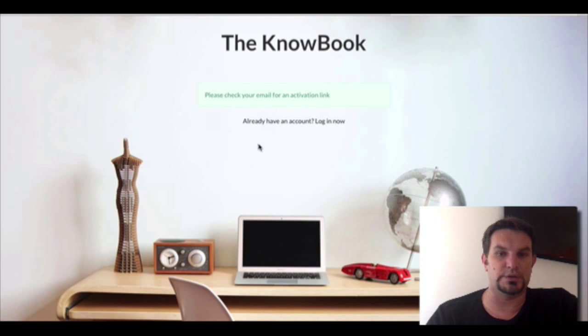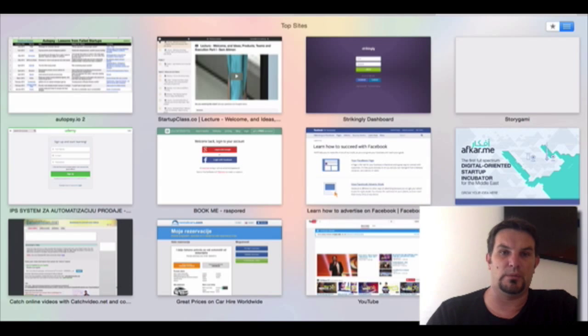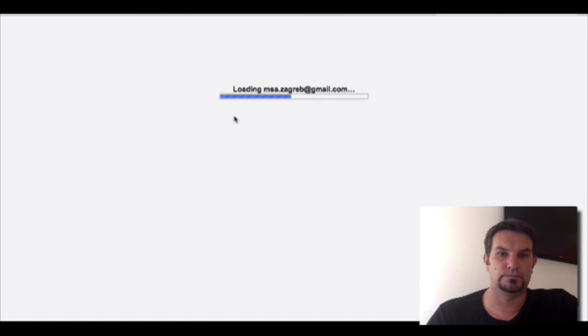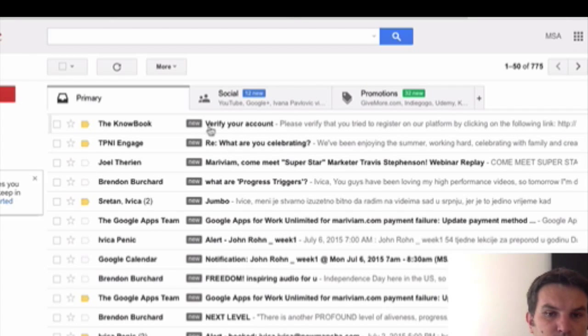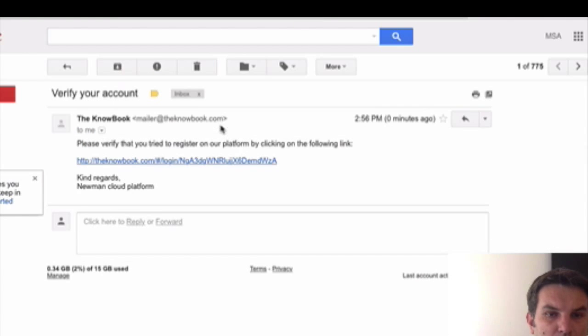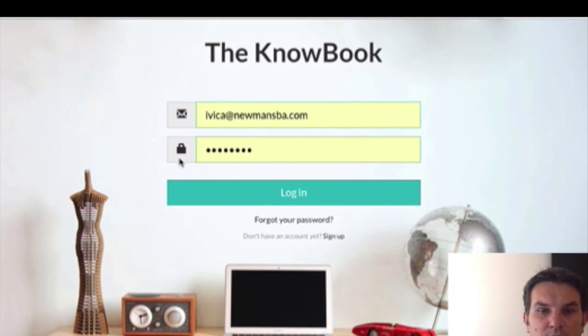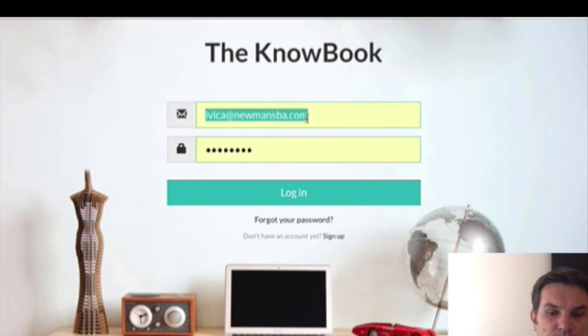After you are registered, you will get your activation link. Go to your email account, open it, and this is your link for the notebook. Just use your email to log in, and the password.